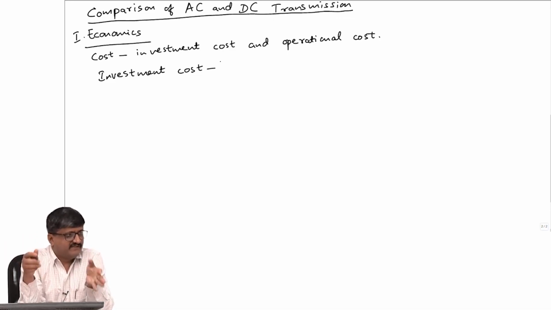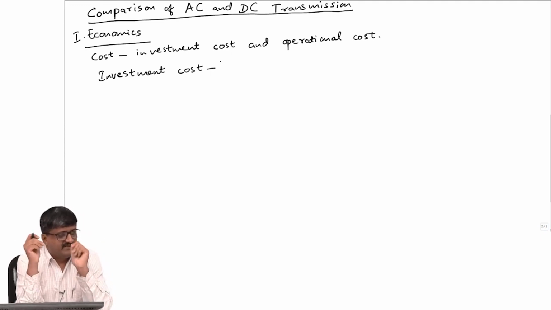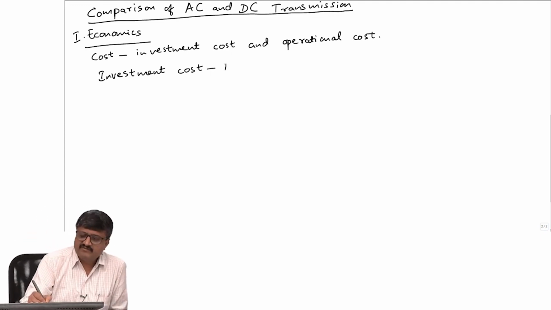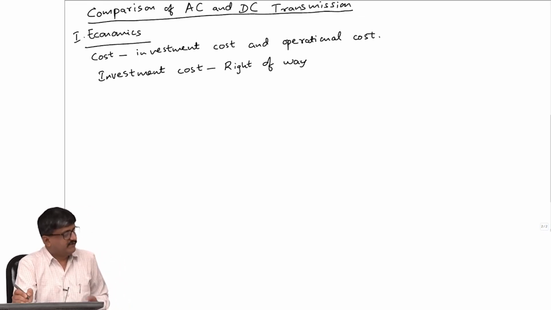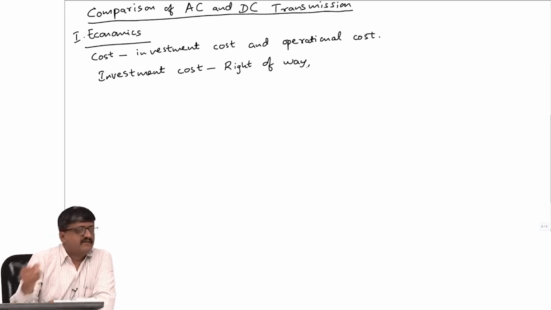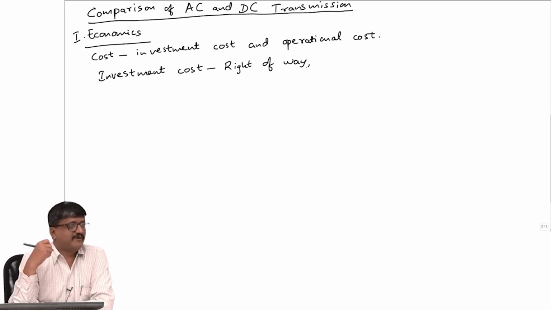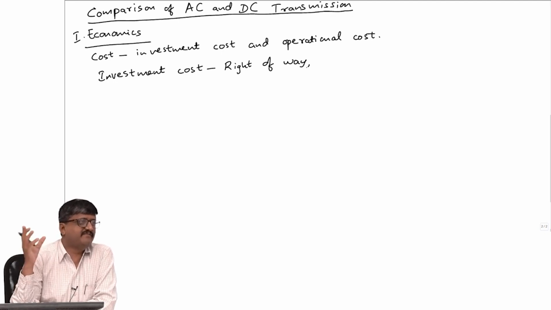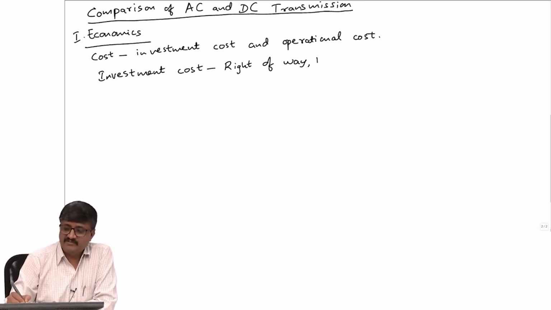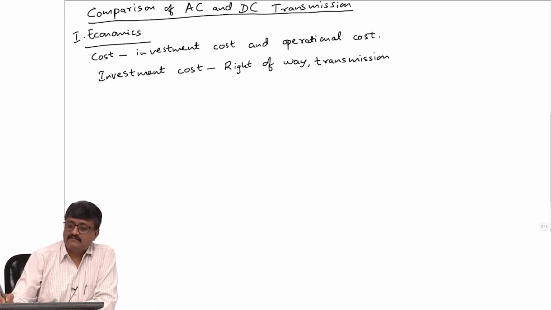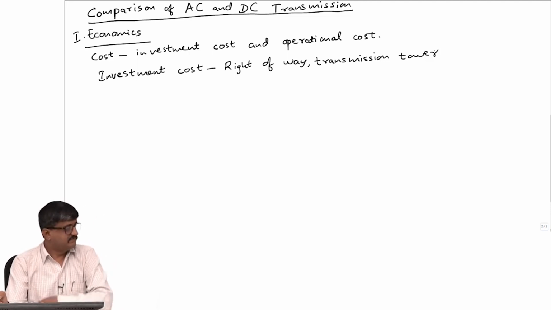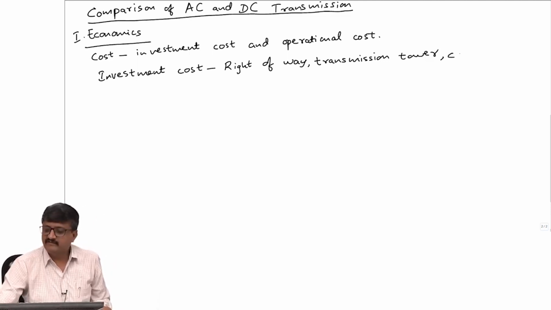So first of all, there is land required for laying the transmission line. So cost of right of way. Then, before coming to conductor and insulator, when I say overhead transmission line, they have to be suspended from tower, transmission tower. Then conductors,